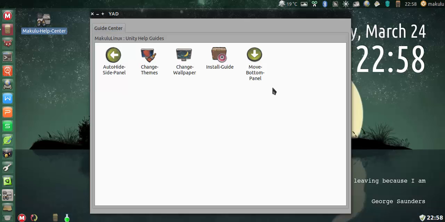Anyway, I've made a little Makulu Help Center. This is for the new guys. There's an install guide, how to move your bottom panel, how to auto hide the side panel, change themes, change wallpapers, and I'll still fill this up as I find things that new users might struggle with, or as people ask. Once it's released, they may ask more questions like how do I do this and how do I do that, and if I see something keeps coming up,